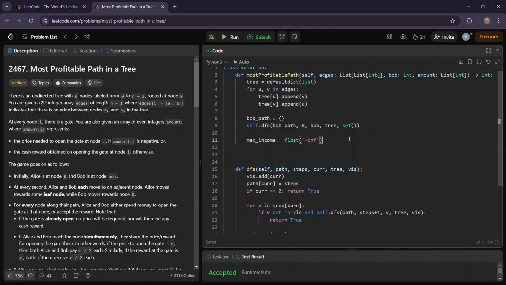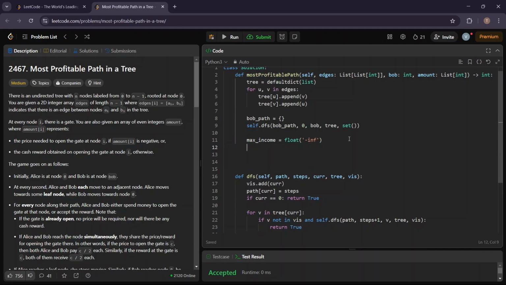We will be using a double-ended queue to add and remove elements from both sides of the structure. So let's initialize a queue. This is a double-ended queue, and initially let's pass in three things. So we are at the current node, the steps we have taken, and the cost,